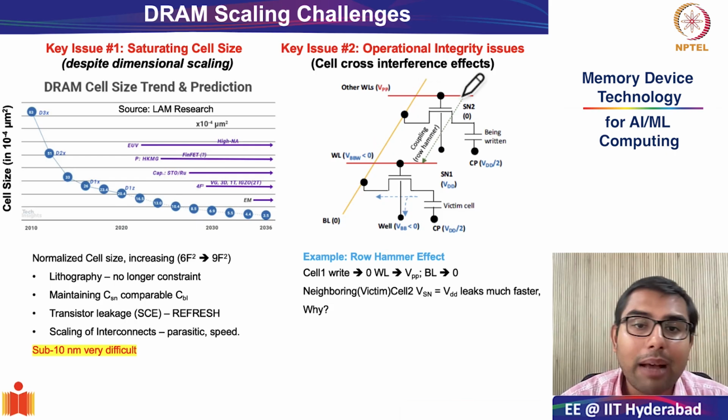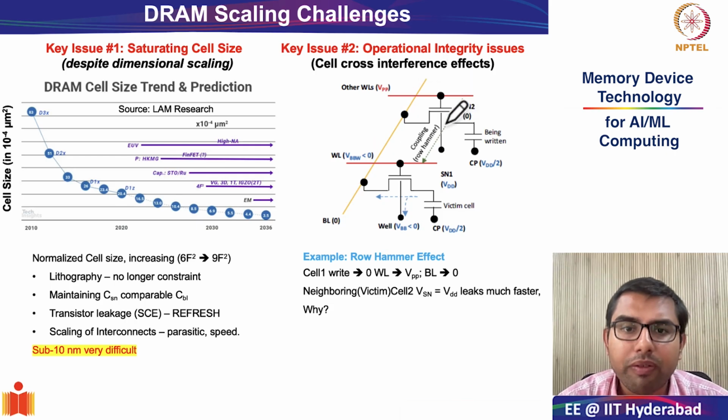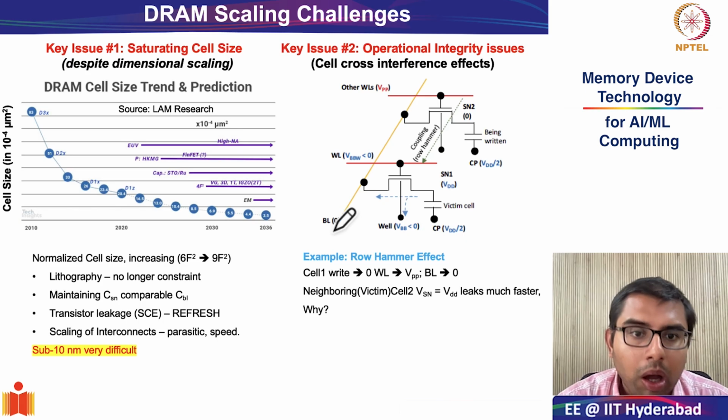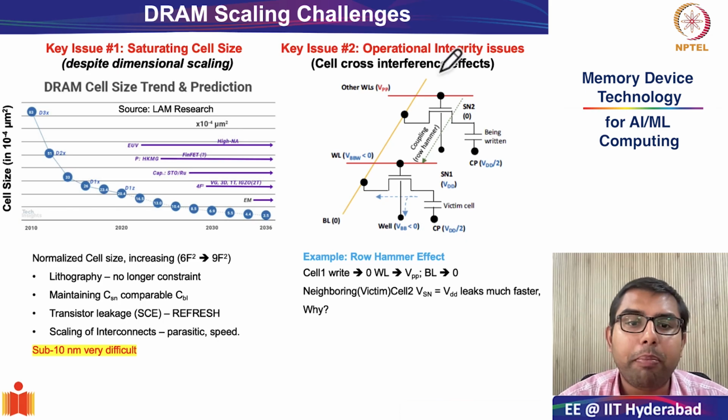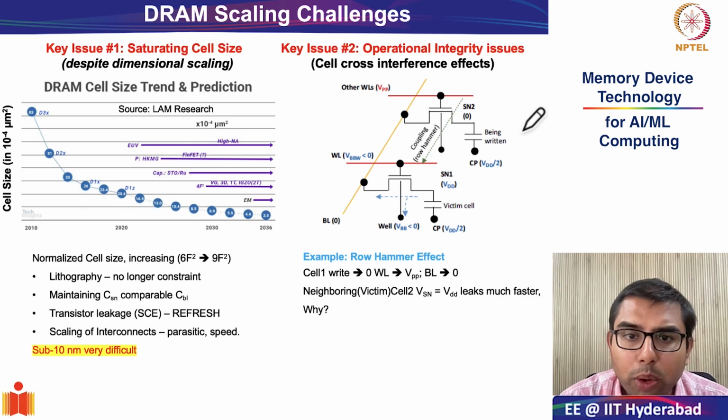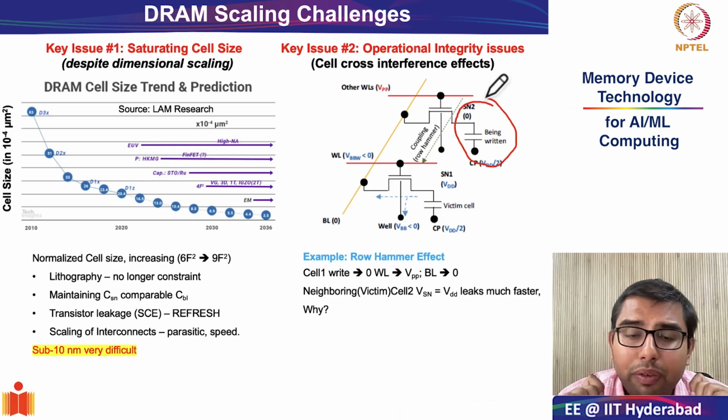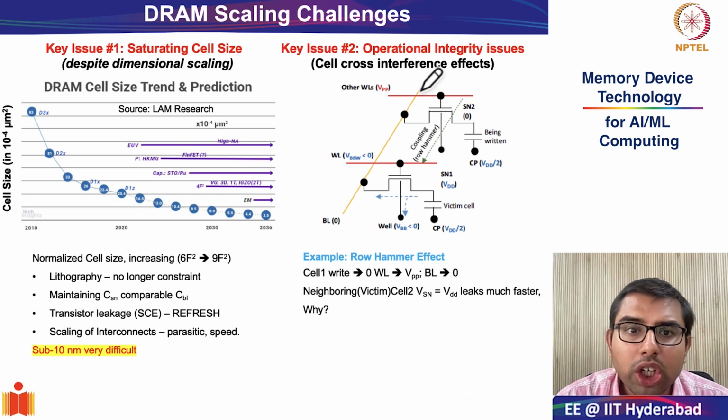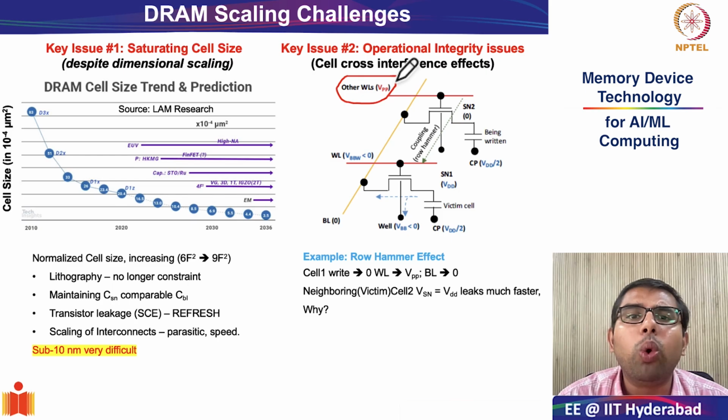So, two DRAM cells in a scaled architecture very close to each other, and they are connected by the same bit line. So what happens is, suppose this cell is what I want to write into. So this is the cell which I intend to write into. So how do you write into this cell? Of course, you will assert the word line to VPP, or VPP is your bootstrap voltage.